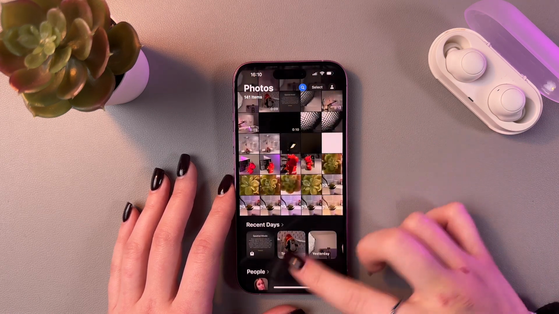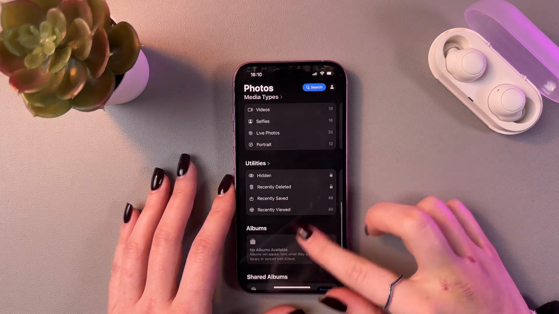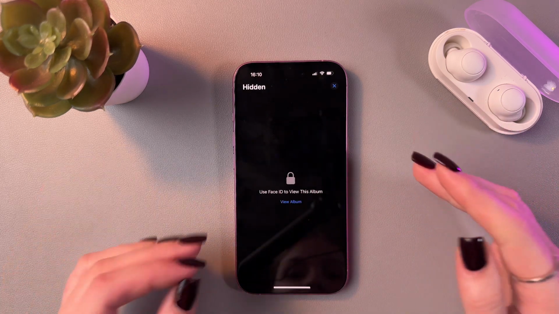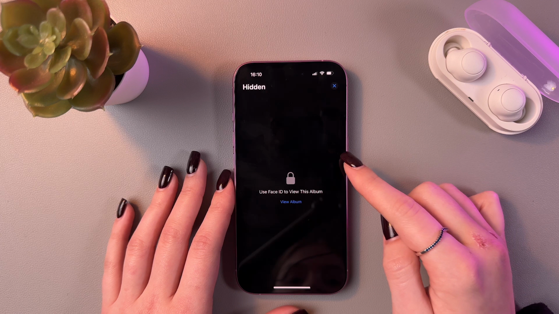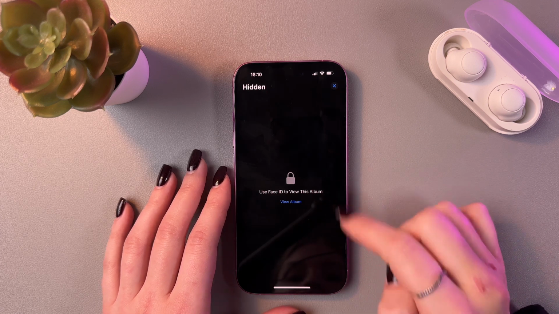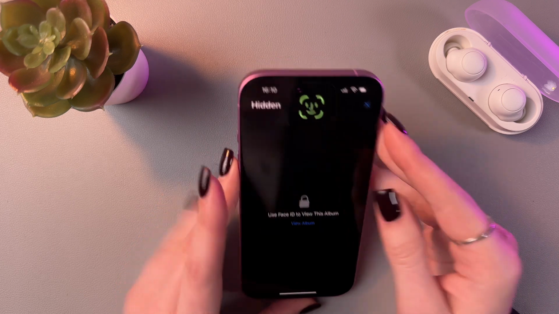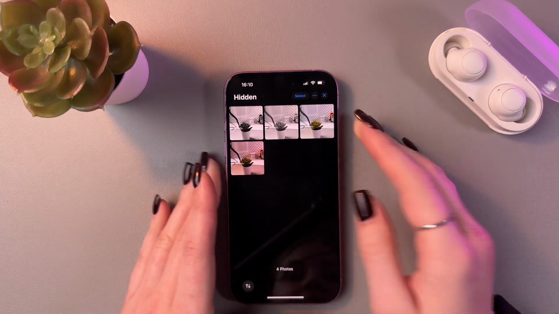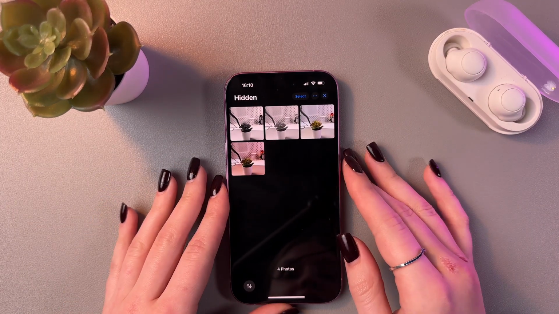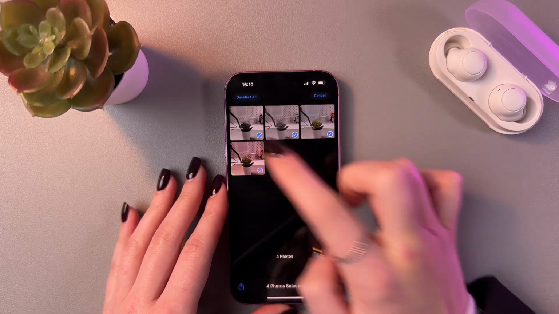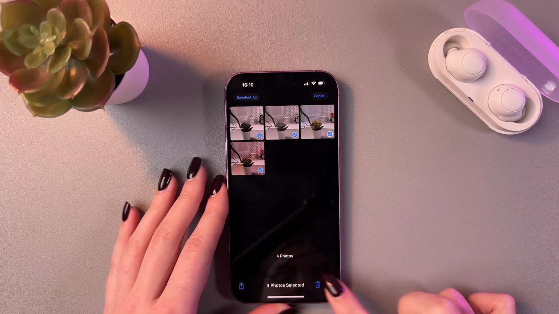And now we just need to swipe down like that to see the hidden folder. Tap it to view those photos, and for that we will need to unlock it with the help of Face ID or the password. So just tap the blue button View Album, scan your Face ID, and now here are your hidden photos. So to unhide them you will need to select them once more, tap on the three dots,